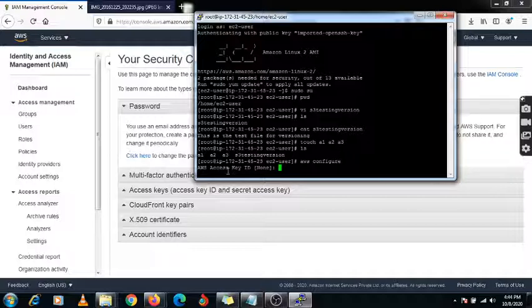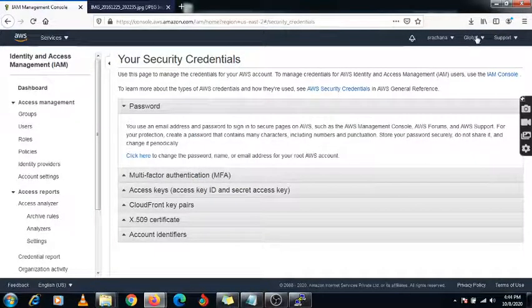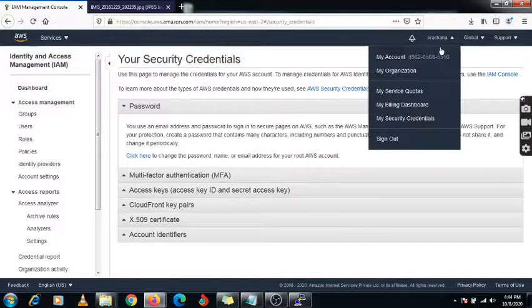So here is the command, that is aws configure. Just press enter on it. Here it is asking for the AWS access key ID, right? Okay, first I need to sign out from my account.